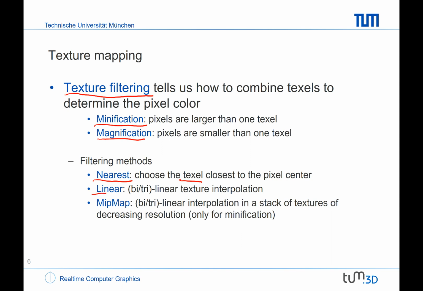Or we can perform a linear interpolation, or in 2D or 3D a bi- or trilinear texture interpolation, so as to obtain a smoothly interpolated texel value and assign it to the corresponding pixel. Or we can use what we call MIP mapping. That is also a linear interpolation, a multidimensional interpolation, but now in a stack of textures of decreasing